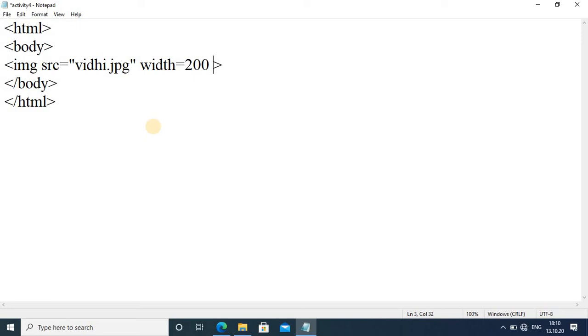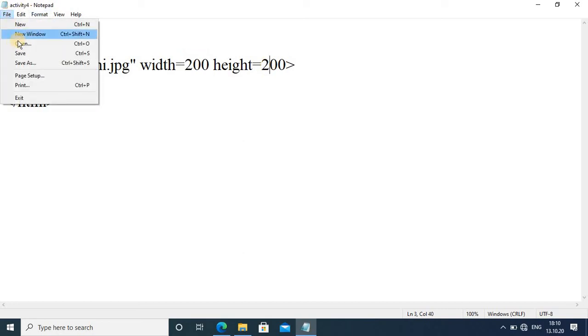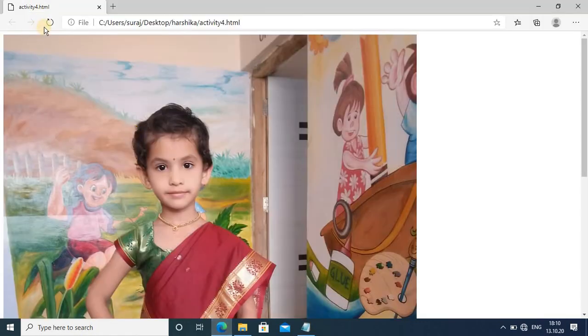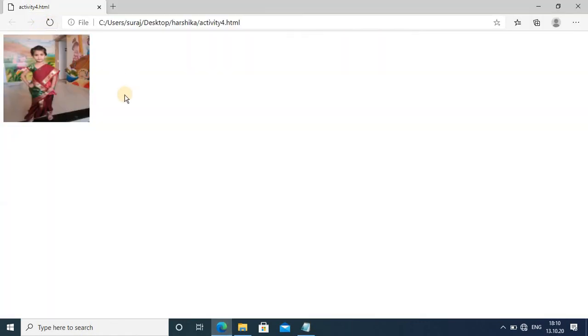And second is height equal to again 200. It is not compulsory, how much you want you can give. Save it. Again I am saving this file, and now refresh your web browser, so its size becomes small.